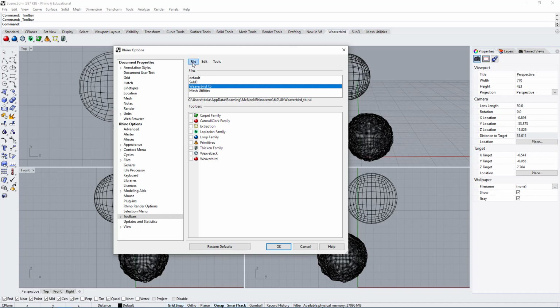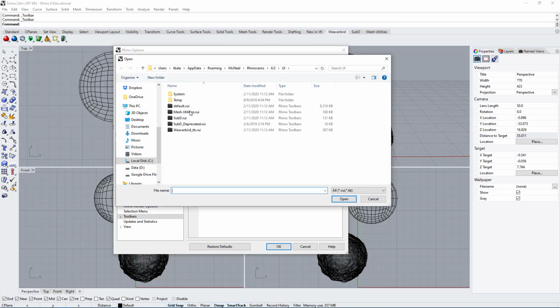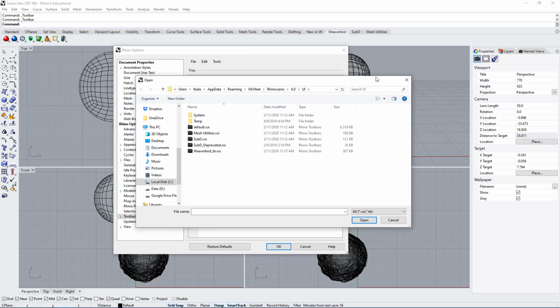The way this works is you can create a panel, save it, or you can open an existing panel. If you don't save it, when you open Rhino again, the panel will not be there, and you will have to press open and open that panel again. So that's how the toolbars work. Now let's talk about how we can customize a panel and save it out.